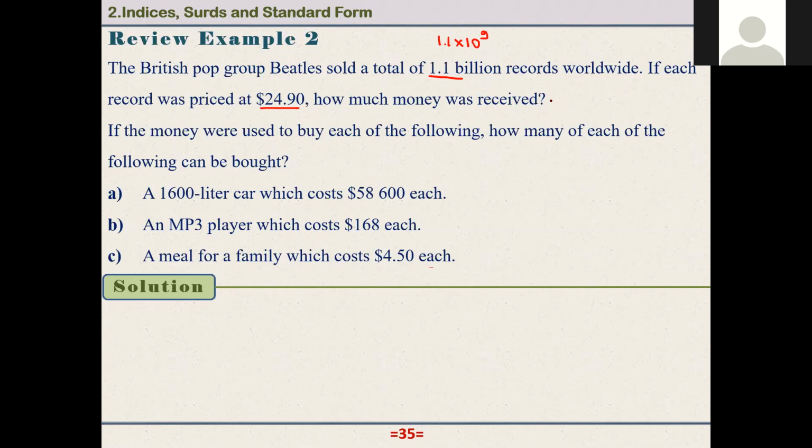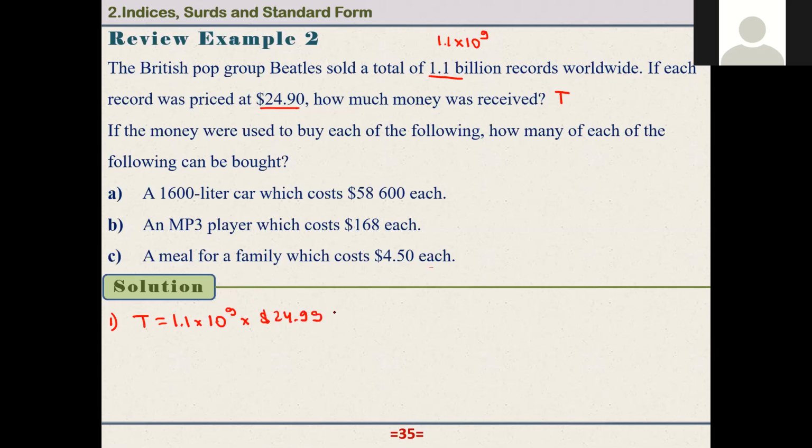So that part is, we can just write here, the first step. How much money was received? The total money, let's say $T were received, the total. So the $T and how many? 1.1 times 10 to the power of 9 times each one is sold at